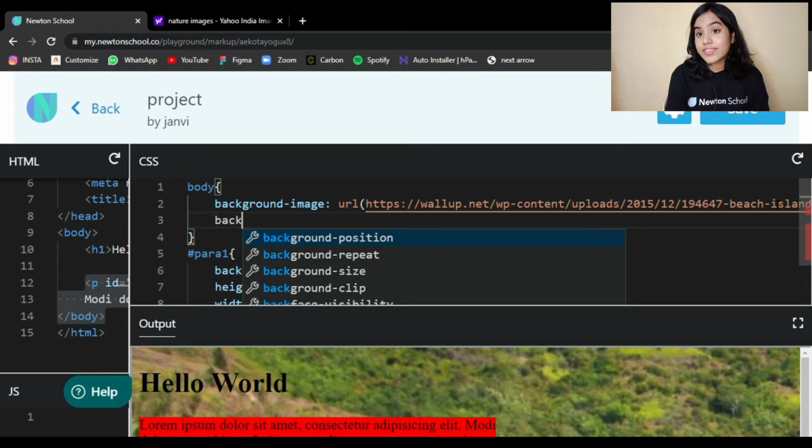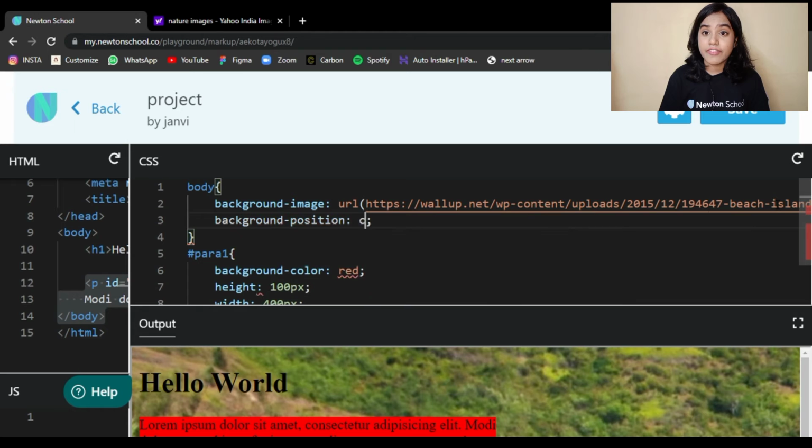We have already discussed what relative and absolute paths are in the HTML series, but if you are new to this channel, I'm gonna explain what that is. Inside this, either you can put the link of that particular image or you can download it into your code files and then give its path over here.